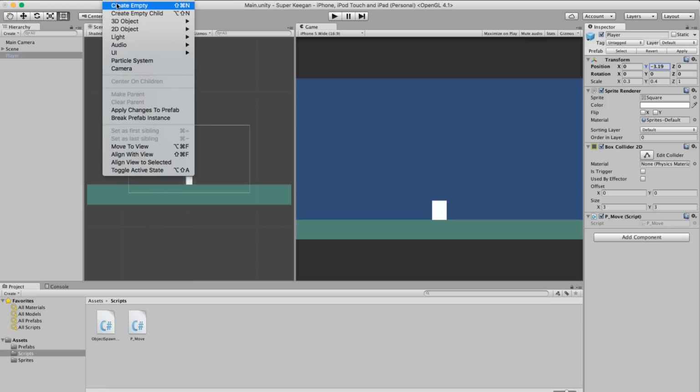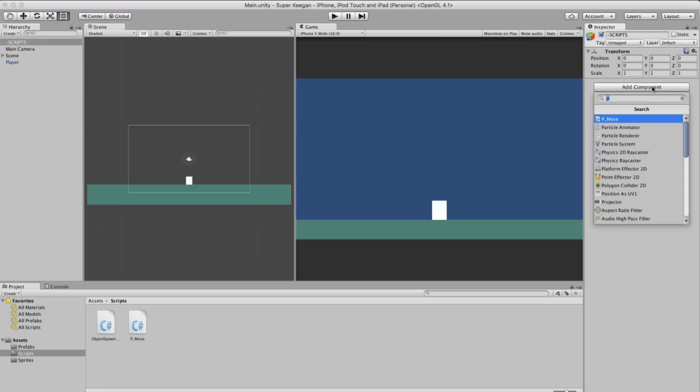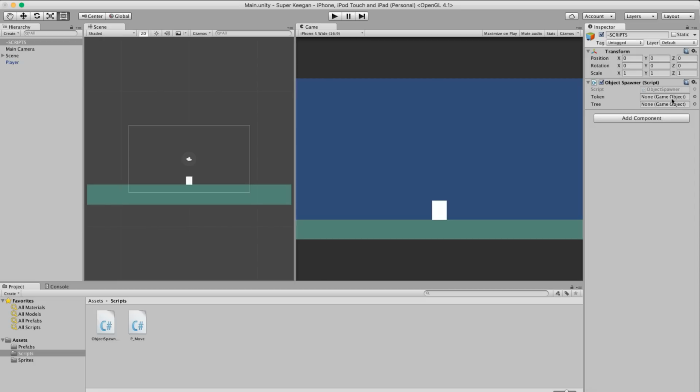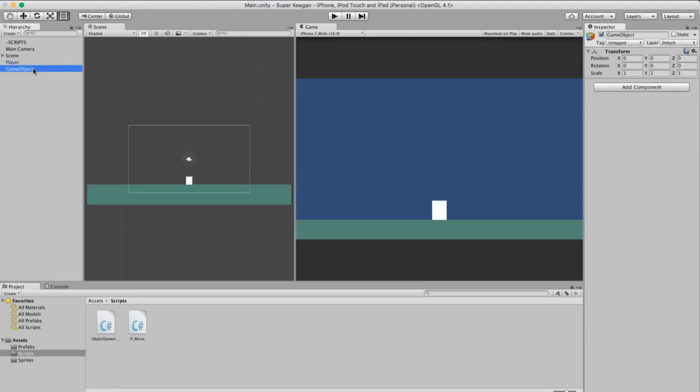We're going to create a new game object. I like to just do dash scripts, big caps, stick it up the top so it never gets lost, 0, 0, 0, for sake of OCD-ness. And we're going to add the object spawner. And it's asking for 2 game objects. Now we don't have those game objects yet, and we're still prototyping at this stage, so we can literally create new empty token,